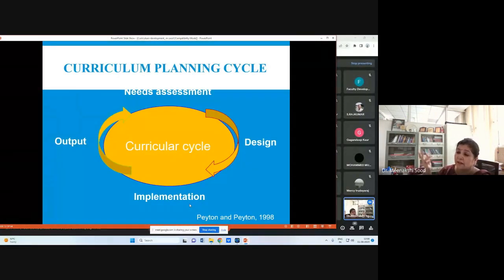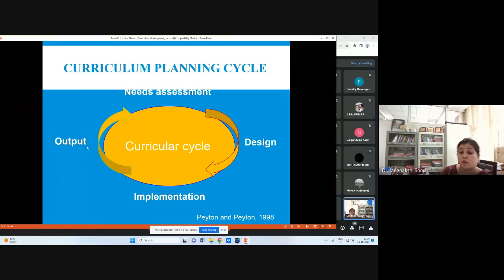It's just a room and a lab is given. Or if you have computers, they are so outdated. We are asking you to teach C++ or Python and work on them, and you are teaching them just the simple C. So implementation of curriculum is very, very important, because of proper implementation you will get